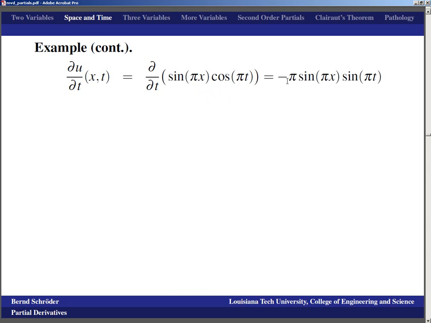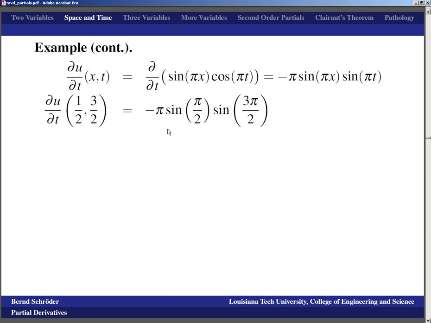the cosine function. So you get negative constant sine pi x times sine pi t, and then from the chain rule you still have to differentiate the inside, which is pi t, and the derivative of that with respect to time is of course this pi here. Okay, the derivative with respect to time at x equals 1/2 and time t equals 3/2 now is just that